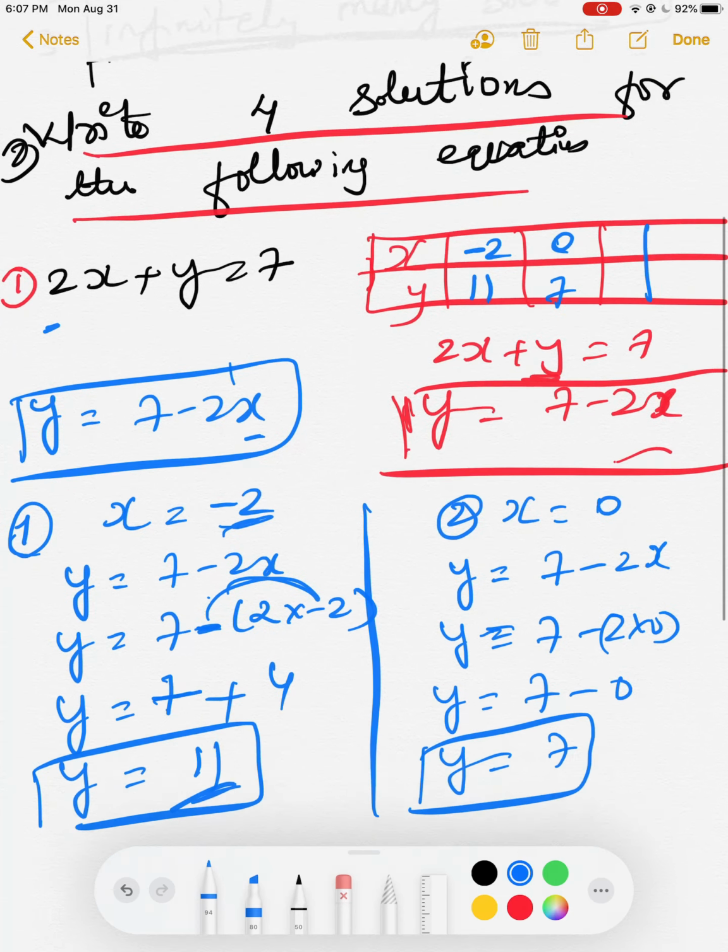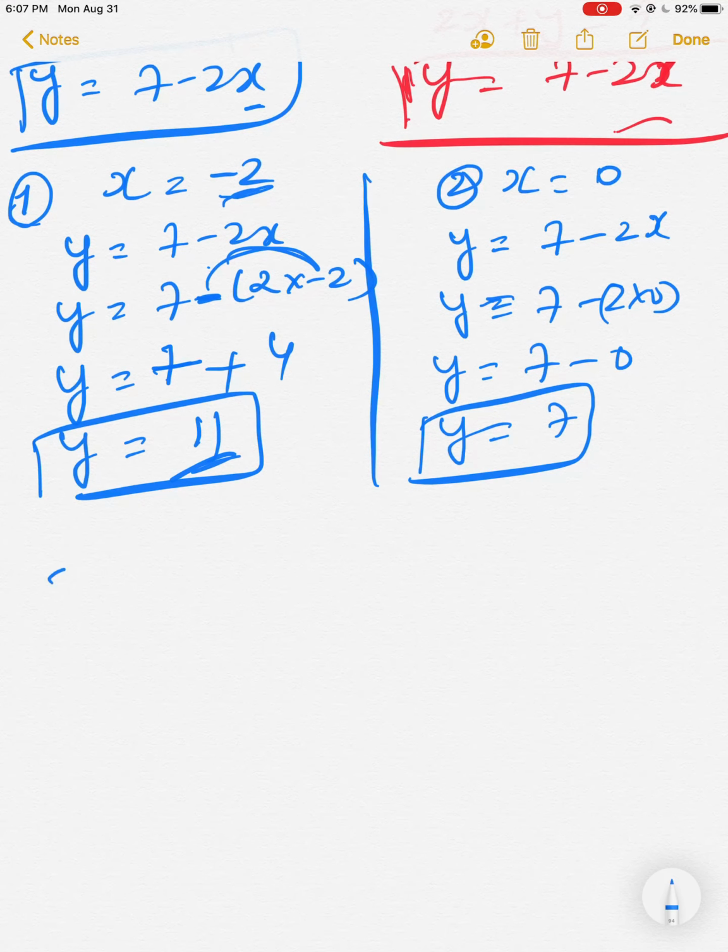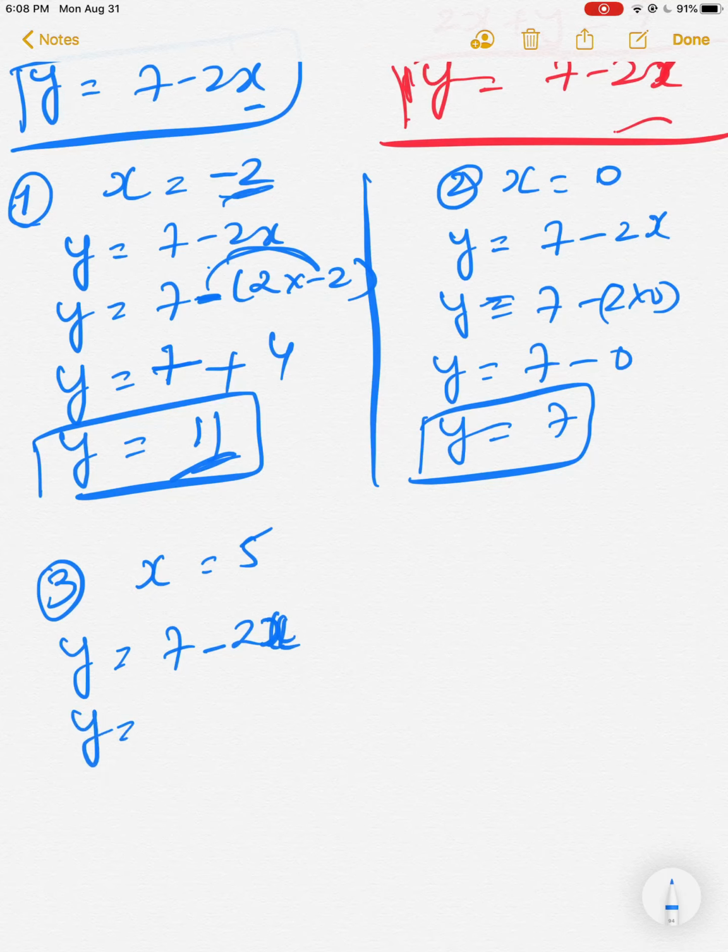Okay, now one more third we have to find out. For the third value I take x is equal to, let us take 5. For the graph, you need to take small values. In the next exercise we will be learning about the graphs. Okay, if you have to find out solutions, even a big value, 1000 also you can take, whatever. But when you are drawing the graphs, we have to take the smaller value because bigger numbers we cannot represent on the graph. y is equal to 7 minus 2 into 5.